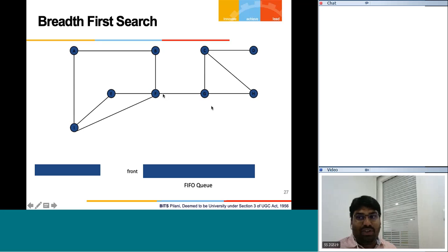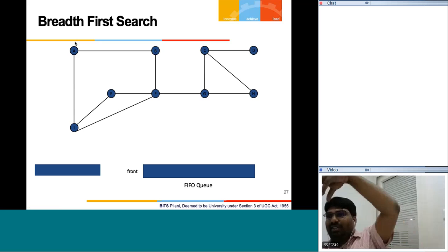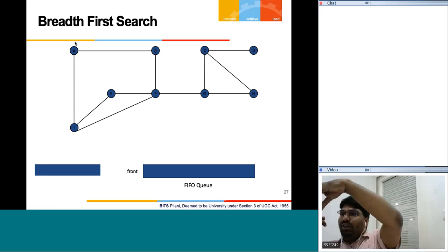So every graph should always be pointed out with a start node. Here I am assuming my start node to be A. Perfect. Now, when I am starting from node A, let's see how I can travel breadth first. For easier understanding, remember the root of a tree. How, if you are traveling a BFS,